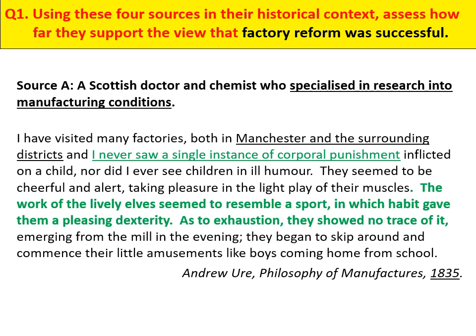So very broadly, source A is the strongest supporter, source D is the strongest opposer, and sources B and C are a bit of both. The exam board will always make sure that two sources agree, and they'll always make sure that two sources disagree, but they'll almost definitely make sure that there'll be three sources which agree and three sources which disagree. I think source B is probably the hardest one to find examples of both,